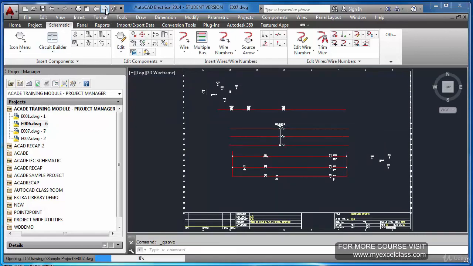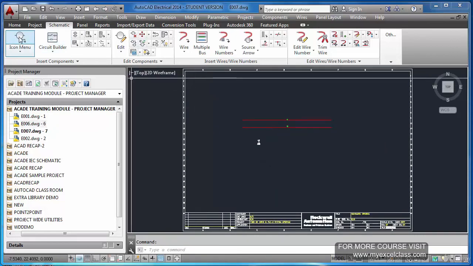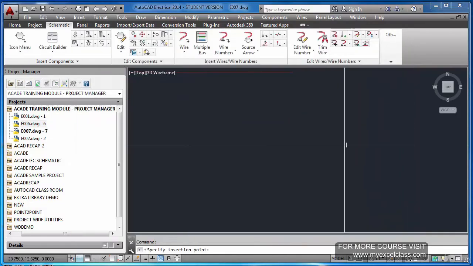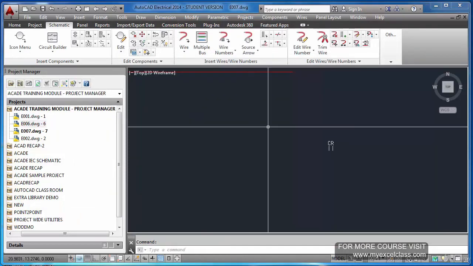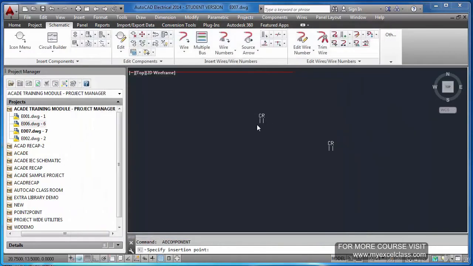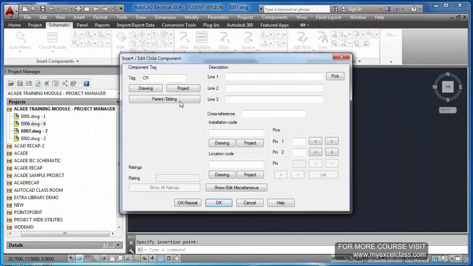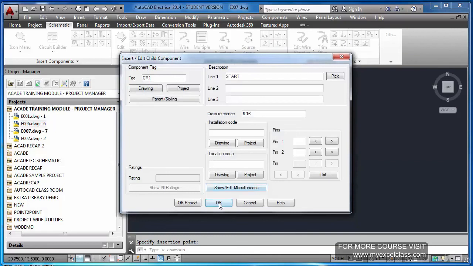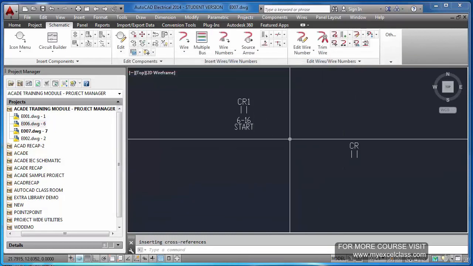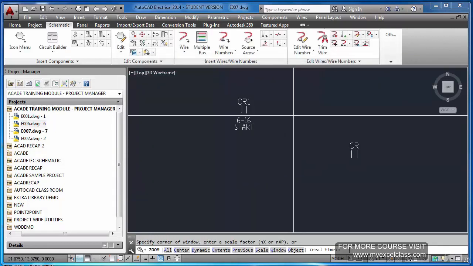And another very beautiful function, I'll put one contact here. I will choose project. Let us say CR1 contact I am going to use here. CR1 I have used here.